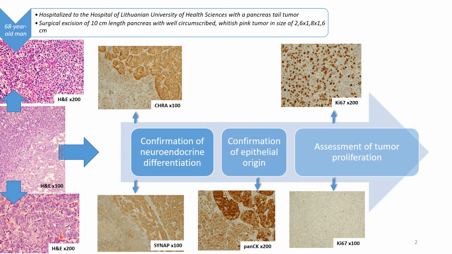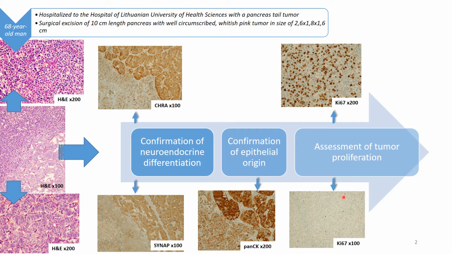By protocol, neuroendocrine neoplasms should be evaluated by specific algorithm steps that you can see in this arrow, and that begins with confirmation of neuroendocrine differentiation by using specific neuroendocrine immunomarkers. As you can see, both tumor components are positive in the pancreas tumor, and it confirms neuroendocrine differentiation. The second step is confirmation of epithelial origin, which is also confirmed by a specific epithelial immunomarker, which is positive in both